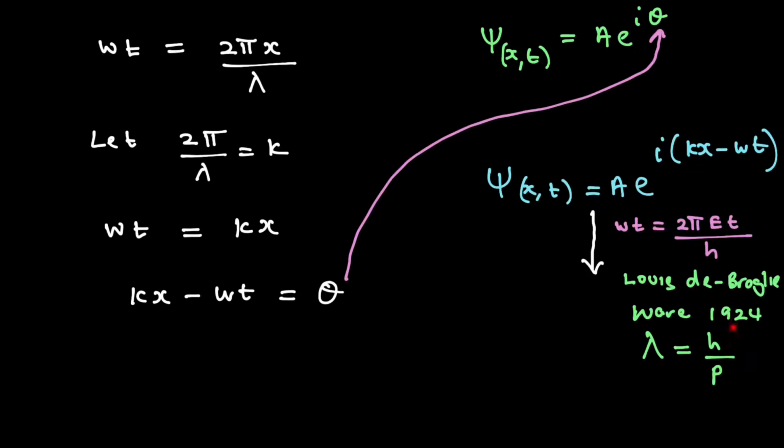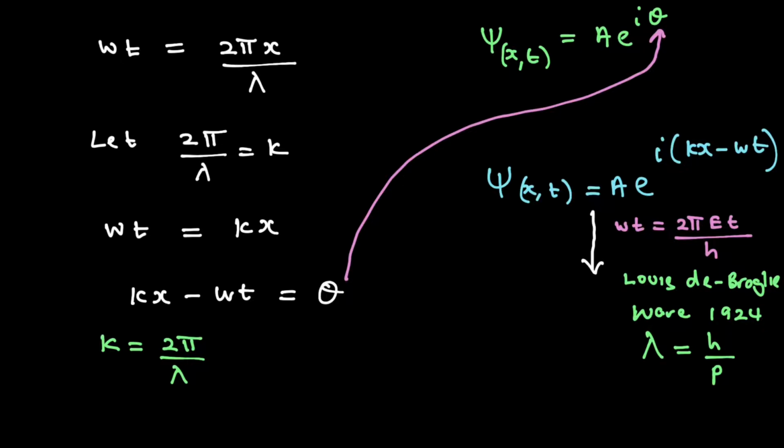Introducing Louis de Broglie in 1924, we can now apply that to the other equation here. So we're going to use this one for that equation over there, and we're going to use this one with Louis de Broglie. So Louis de Broglie then said, if you have k equals 2 pi over lambda, and we know that lambda is h over p,